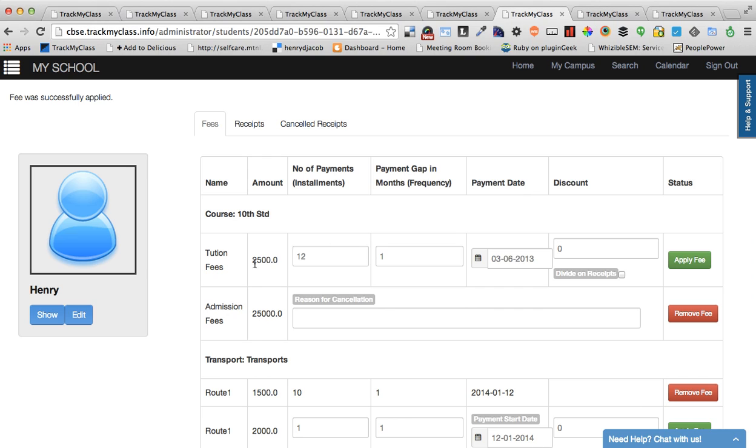The other option we have is, for example, with this tuition fee, you can also change some of the parameters. So it's saying instead of 12 months you need to pay only for 10 months. And also you can give some discounts. So you say the first month I'm giving you 1,000 rupees discount, or you can say I'm going to give you 500 rupees discount every month. So you can check that, and it'll apply that same discount in all the fees. So now I am applying this fee